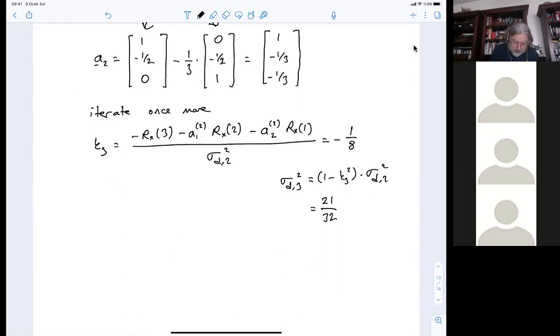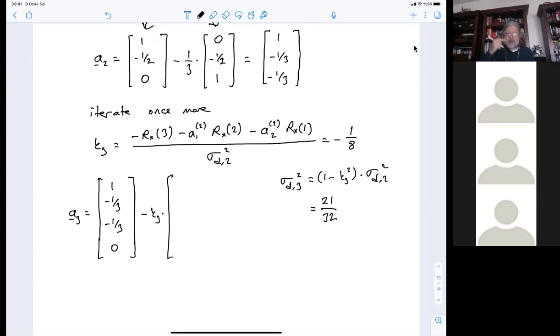Now let's find the A3 vector. The vector A3 is composed of the vector A2, which was already 1, minus 1 over 3, minus 1 over 3, and we augment it by 0 to make it size 4, and then we will say it is minus K3 times the folded version of 1, minus 1 over 3, minus 1 over 3, 0, which is 0, minus 1 over 3, minus 1 over 3, and 1. And by the way, minus of K3 is